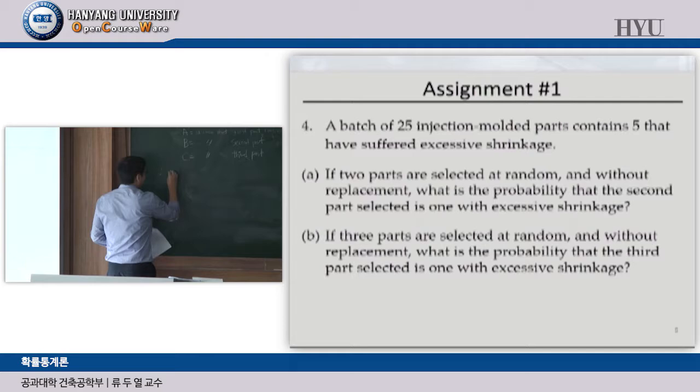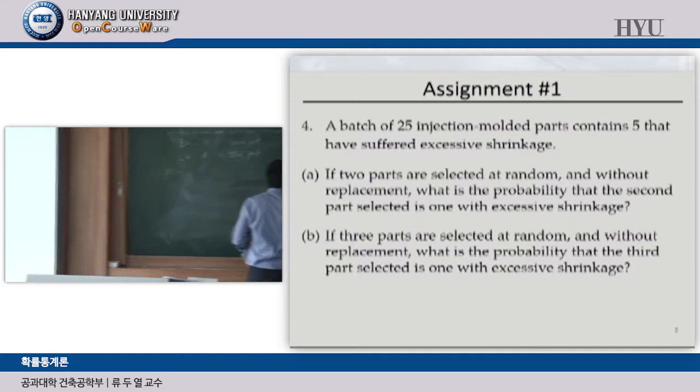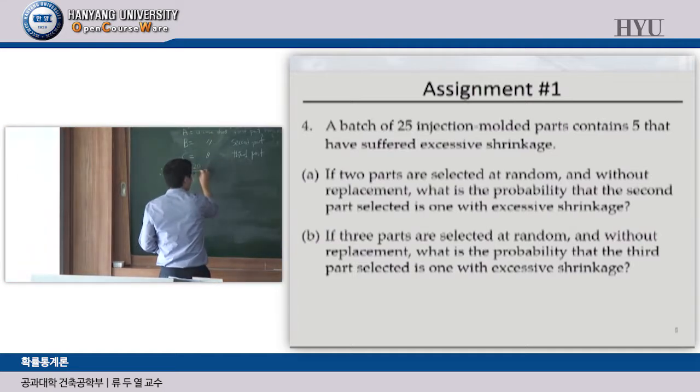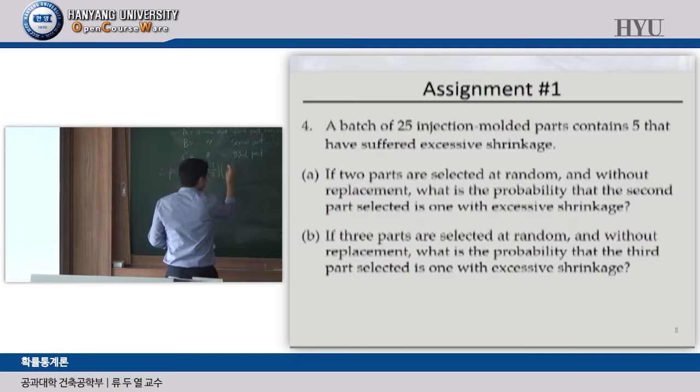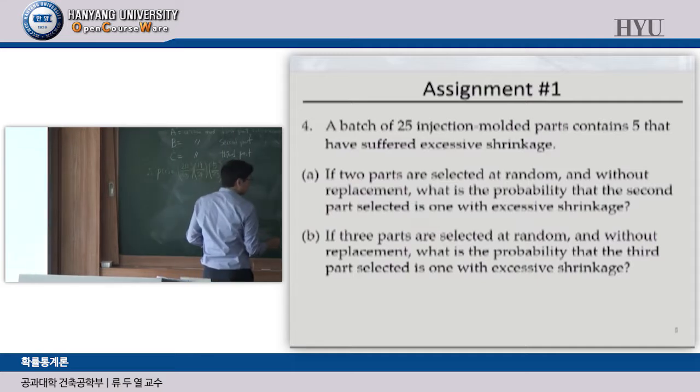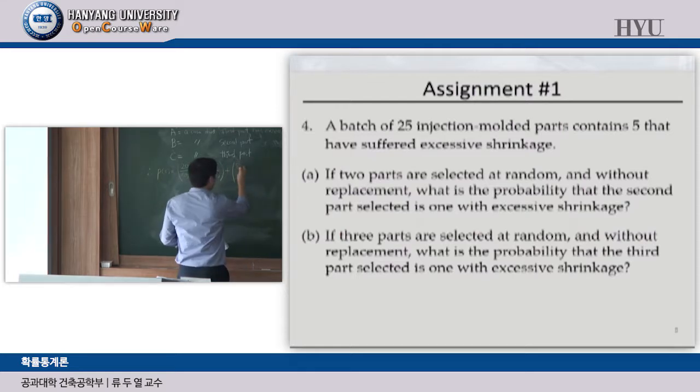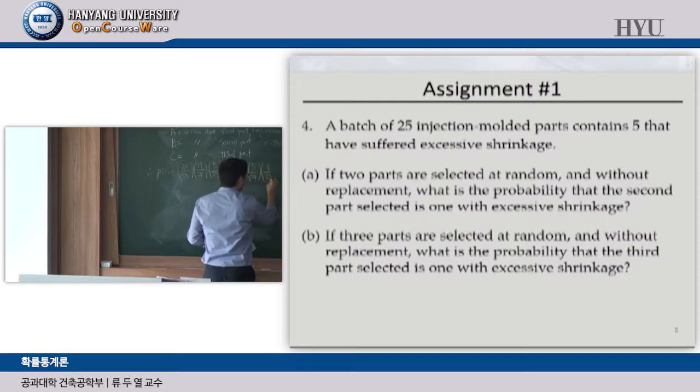So the probability of E will be 20 over 25, 19 over 24, and 5 over 23, plus 20 over 25, 5 over 24, and 4 over 23,